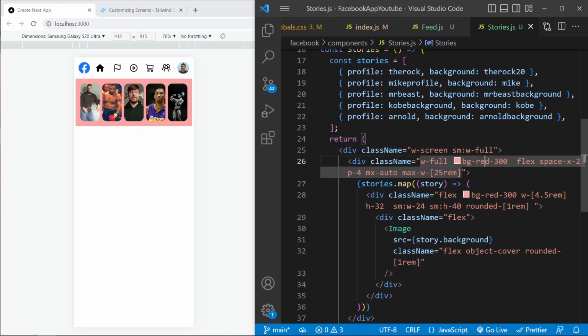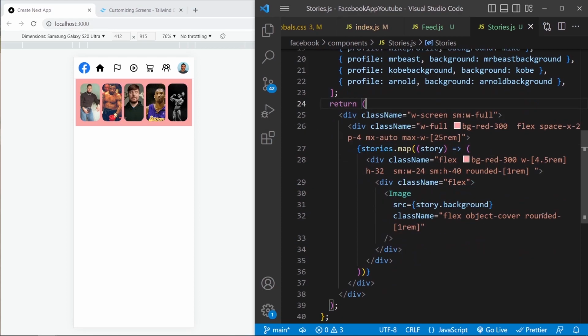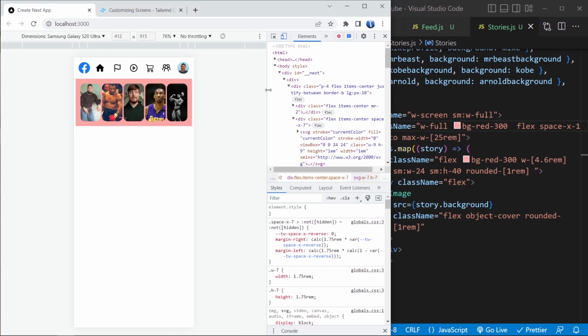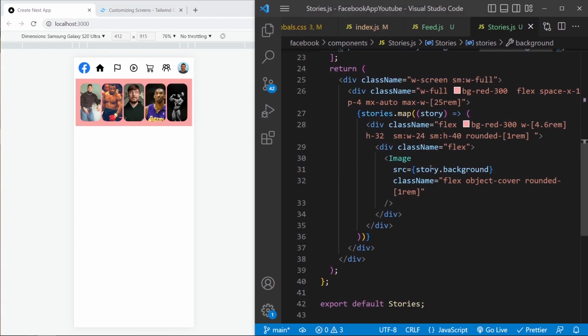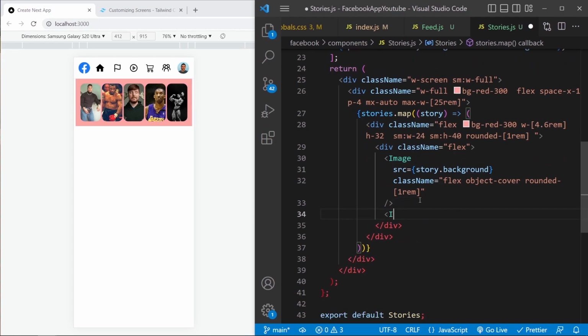Next thing to do is to add the small stories, but first let me try to make the stories a little bit bigger. So I'm gonna say width of 4.6 and space x of, let's try 1. Okay, they look bigger now, so it's better. Next thing, okay, let's add the image. So the small story image. I'm gonna create an image,